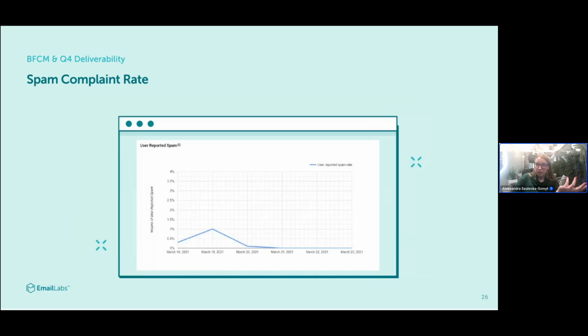If you see that it surpasses, for example, 0.3% in Google Postmaster, because this is a screenshot from Google Postmaster, it is important to maybe stop sending for a while, segment the contact base better, see which sending exactly caused the spam complaint rate to increase, and make changes to your sending accordingly.